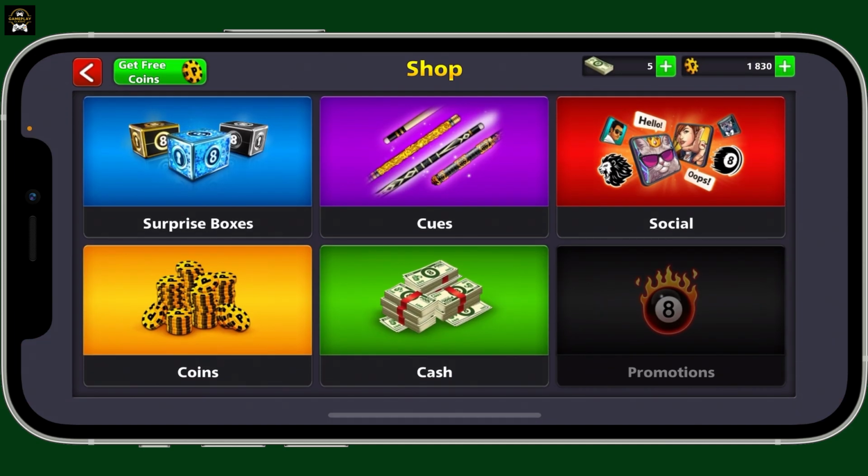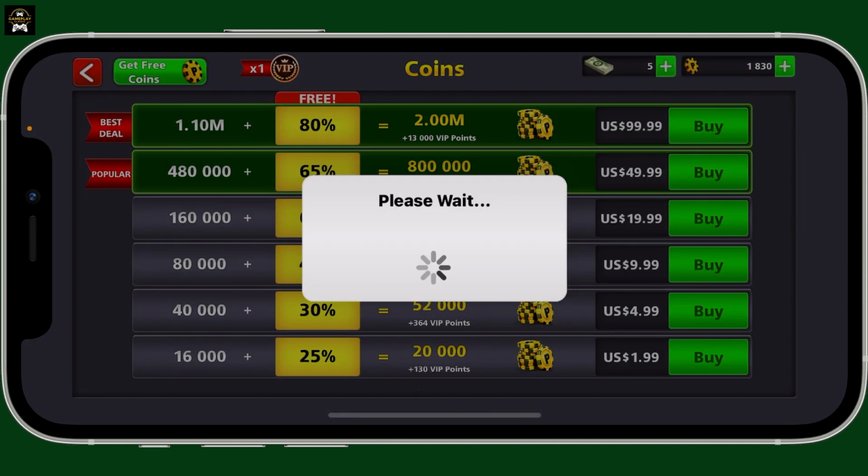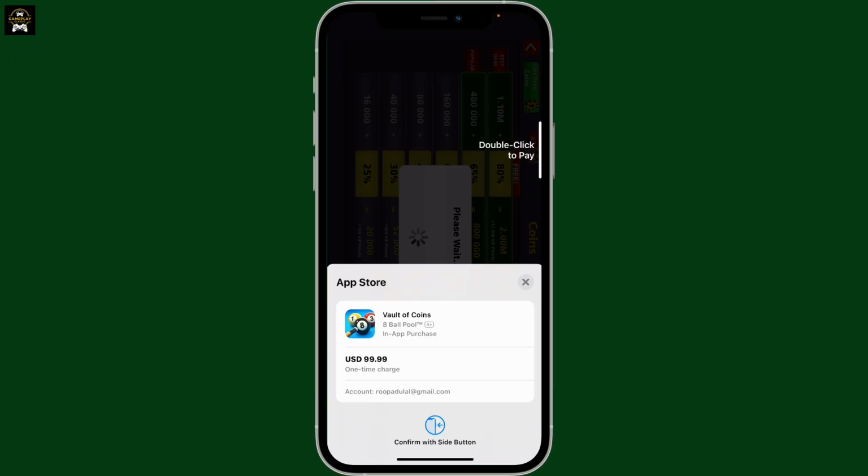Inside the shop, select coins. Now, you will be given various options to purchase different amounts of coins. Each option will show the price in real money. Choose the amount of coins you want to buy from the options, and then you'll be prompted to make a